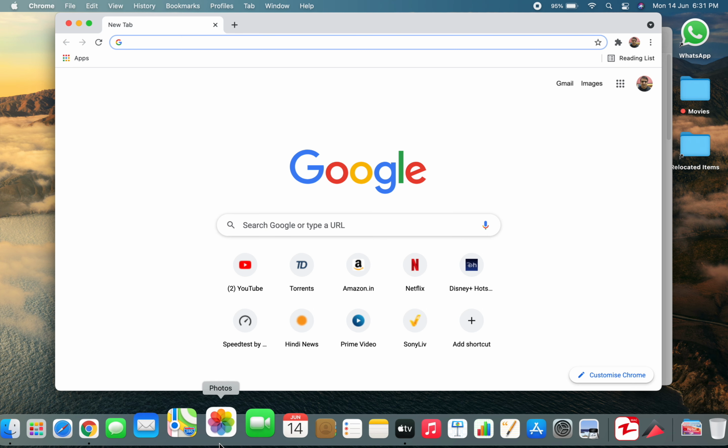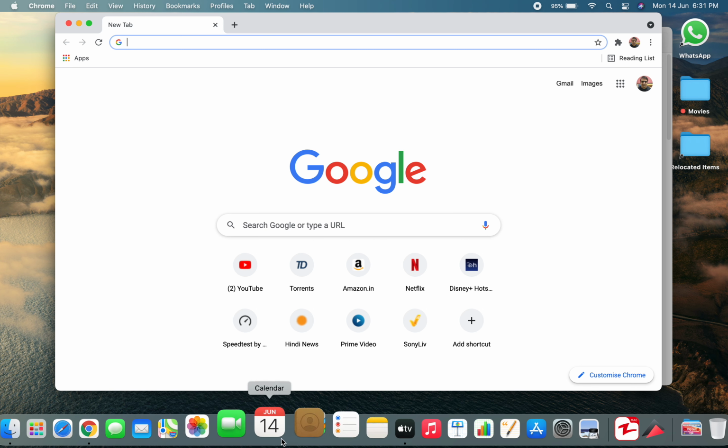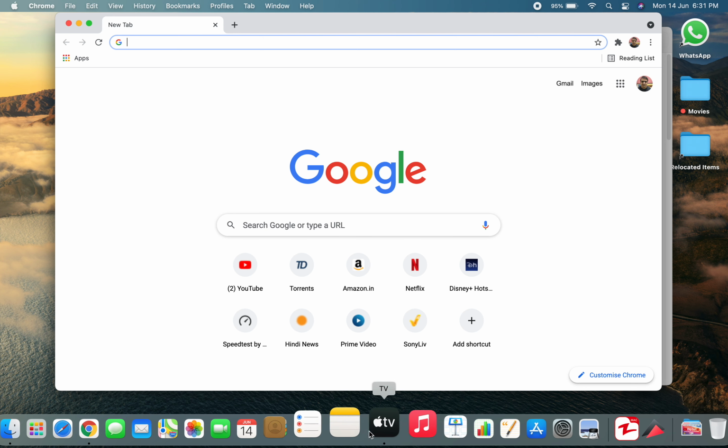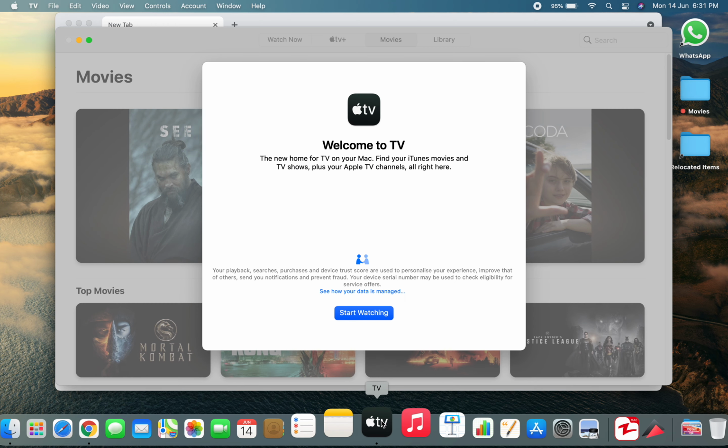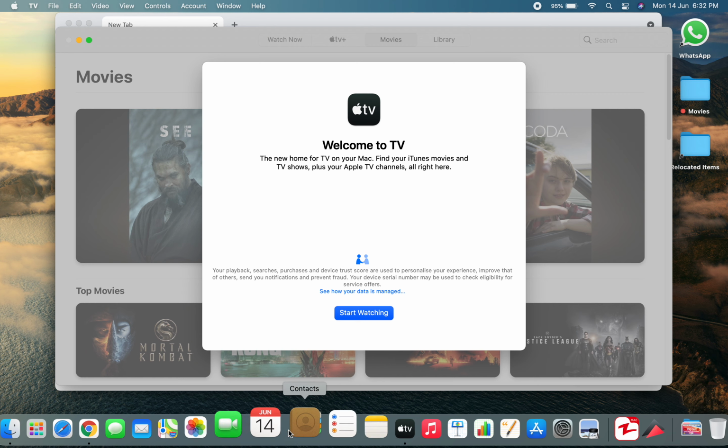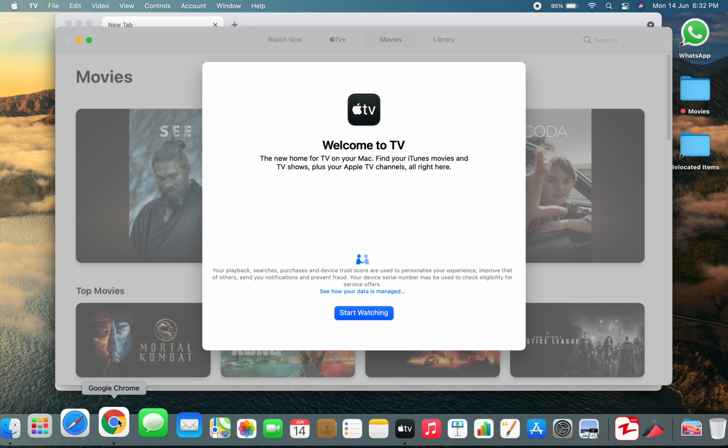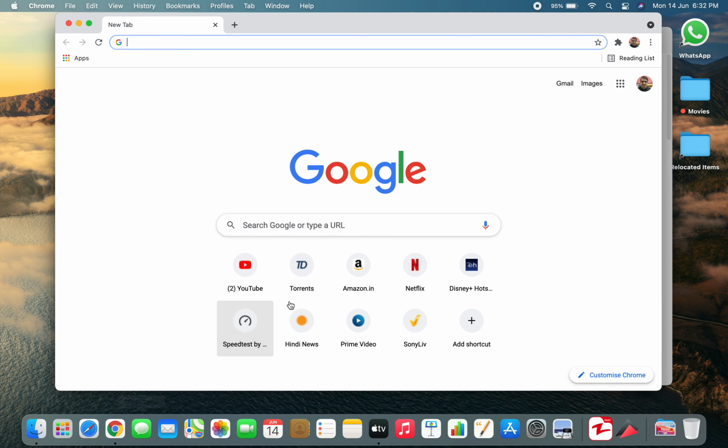So let's say Apple TV is already running in the background. As you can see, there is a dot below the Apple TV app icon. When you press this, the Apple TV app will come to the forefront. Similarly, Google Chrome is now in the background, and when I select Google Chrome from this, it will also come to the foreground. So this is one other simple method.